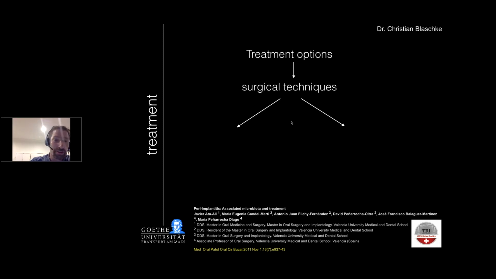So, the surgical techniques we have available for peri-implantitis. Again, very simple, two groups. We have the resective therapy, which could be a gingivectomy, quite simple. We reduce the pocket depth by using gingivectomy, or implantoplasty. Implantoplasty is a term first used by Frank Schwarz at the University in Düsseldorf, which describes the polishing of the exposed implant surface. So we polish the implant surface. He called it implantoplasty,